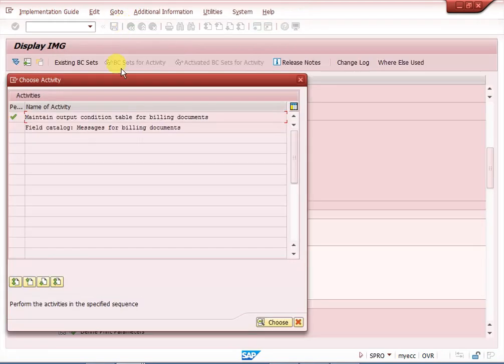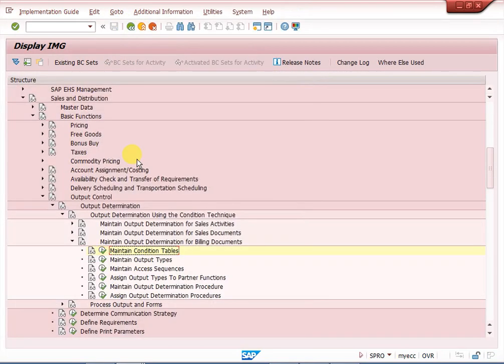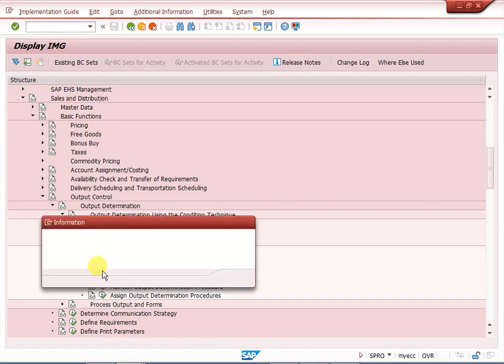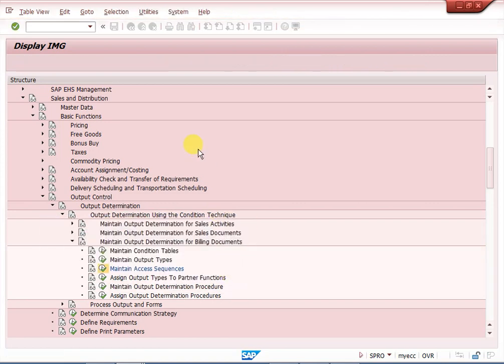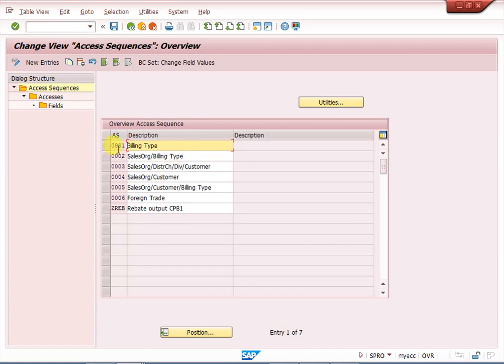Okay, once it is completed, maintain access sequence. This access sequence is cross-component client. Yeah, 0001 I have used, standard. If you want to create a new one, you can go with a new Z001, something you can maintain.